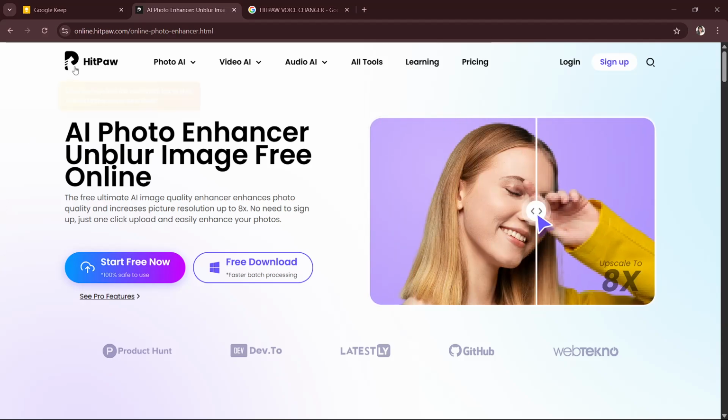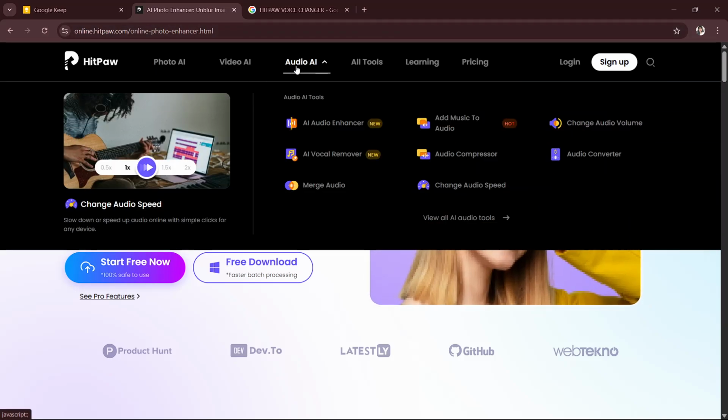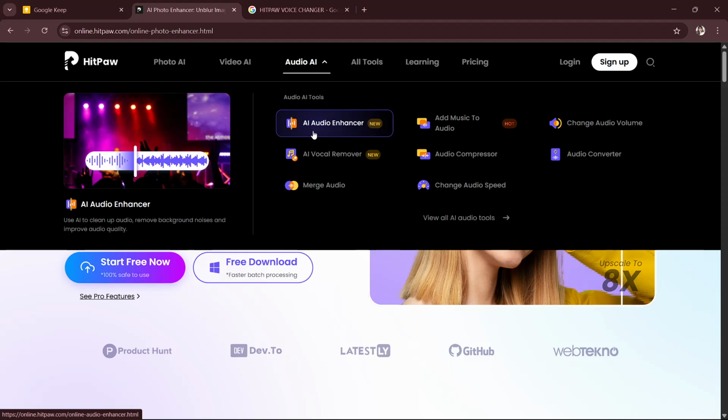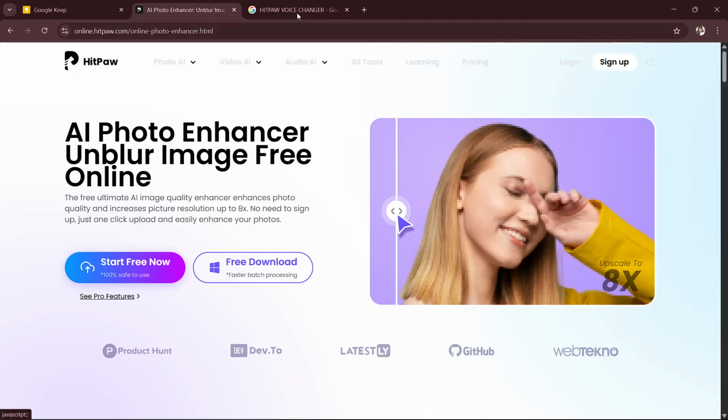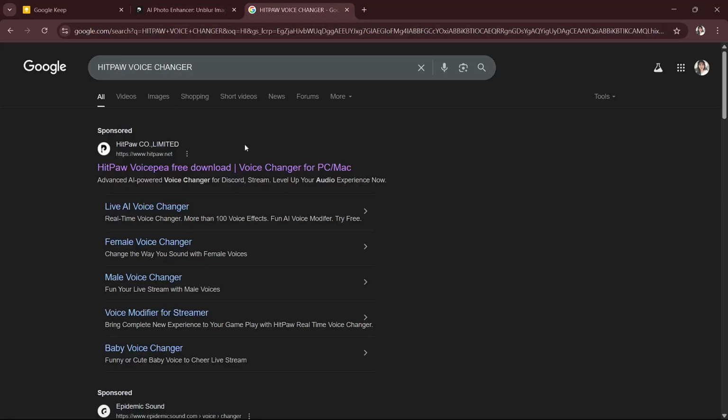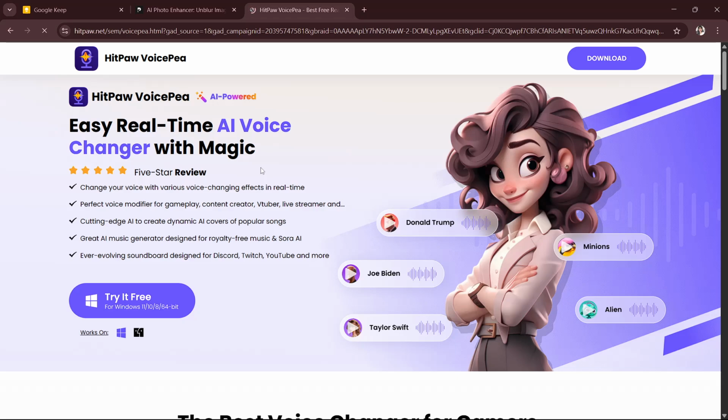So first, you will have to go to online.hitpaw.com, and then you will go to the audio AI section and you will look for voice changer. However, if it's not visible for you, then you can just search it up on your Google Chrome and then just click on it. And once you find it, you will just have to download it, and then you will